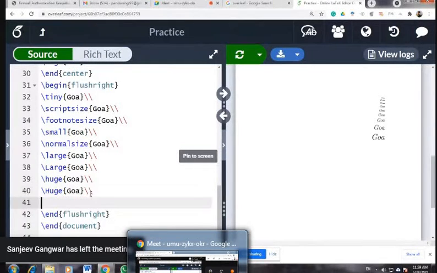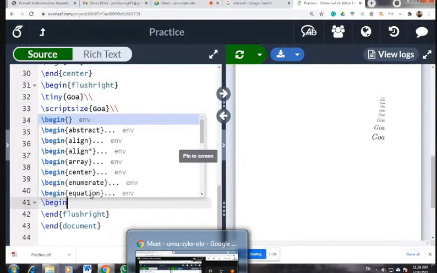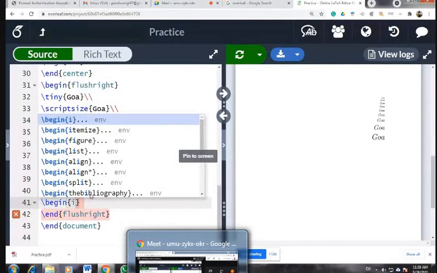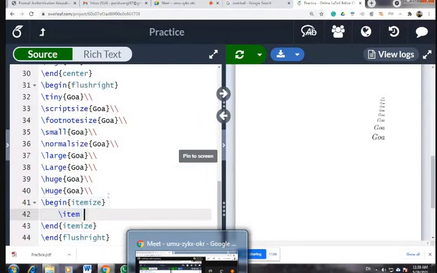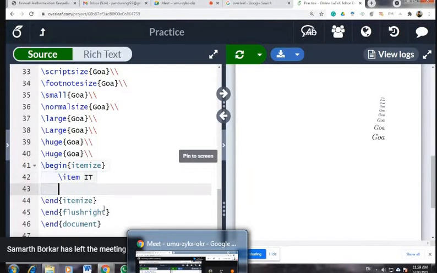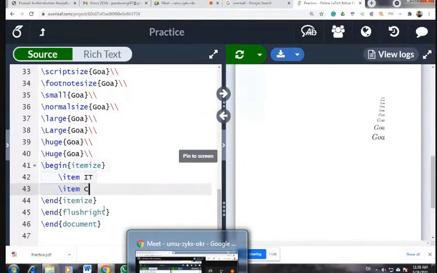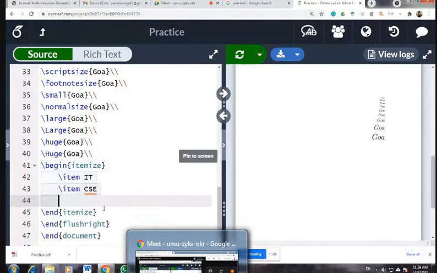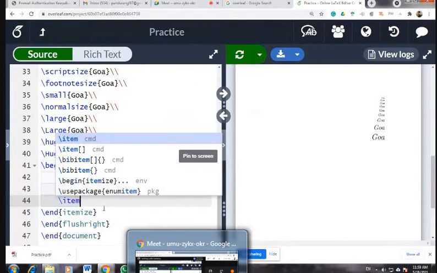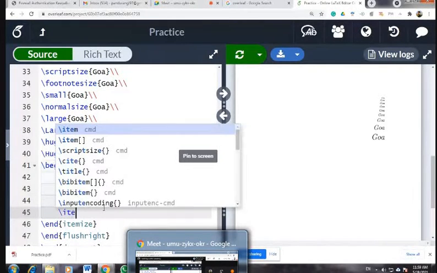Begin itemize, and end itemize. So my first bullet is, for example, IT, information technology. Second bullet is like CSE, computer science and engineering. The third is like electrical engineering. The fourth is like